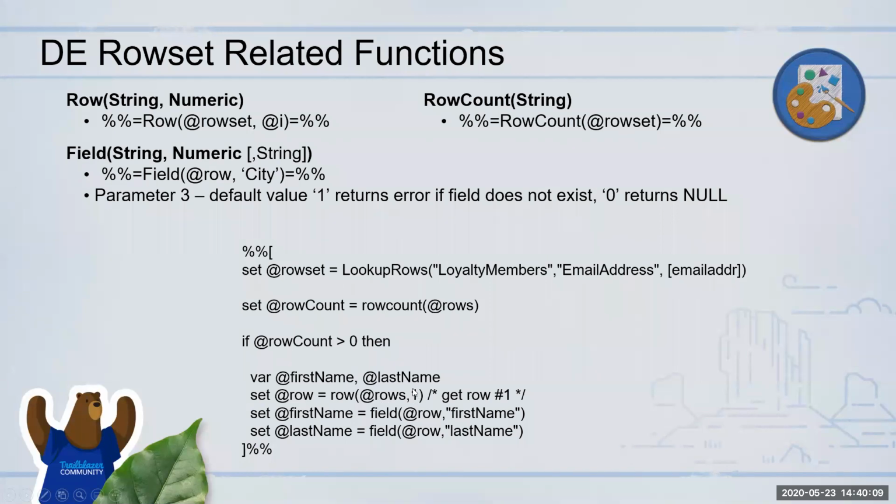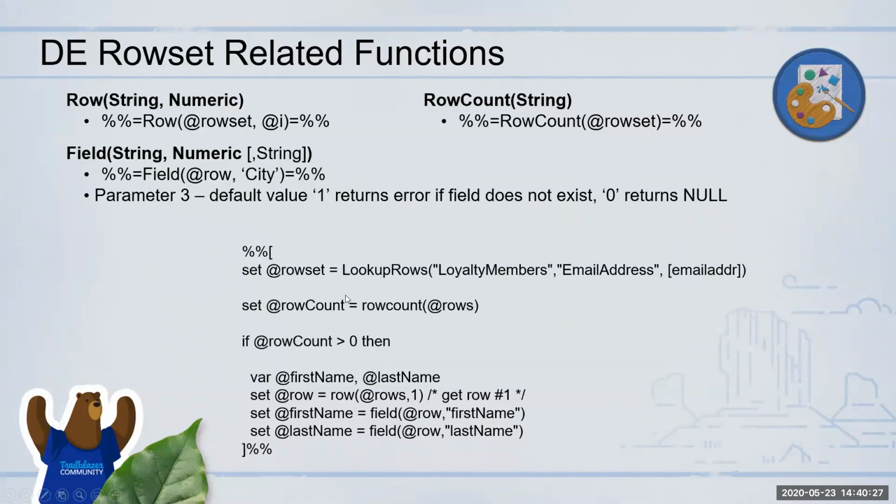Okay, and it says from the row set, retrieve the first row, get that. Then I'm saying I want the first name and the last name field in that particular row. So it's a field from the first row that you retrieve: get me the first name, and for this one, get me the field last name. So that is how you will retrieve those values back.